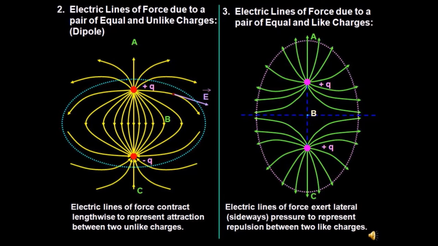or unlike charges. Now we are taking two like charges, plus Q and plus Q. We have to again assume a unit positive charge everywhere. So let us start assuming it at position A. Suppose at position A we assume a unit positive charge. This unit positive charge will get repelled from plus Q, so field lines are outwards, away. Let us assume the unit positive charge at position C.